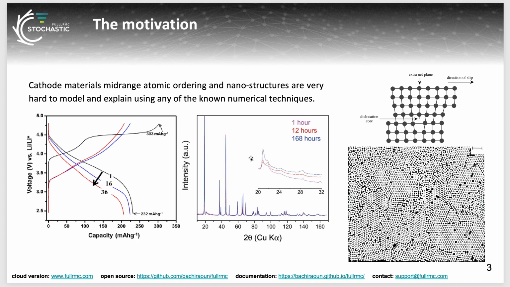So this mid-range ordering becomes more and more prominent with each cycle of the battery, and there is no experimental nor numerical technique that can unravel the reality of what's happening. This problem led to thousands of publications, all of which were mostly speculations about what's happening at the atomic level. The reality is, back in the time, I'm confident saying that no one knows what is really happening, and it's